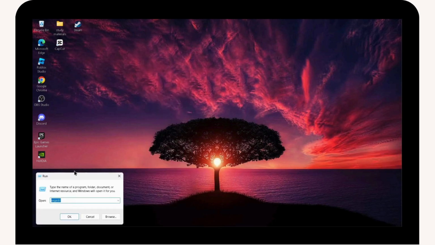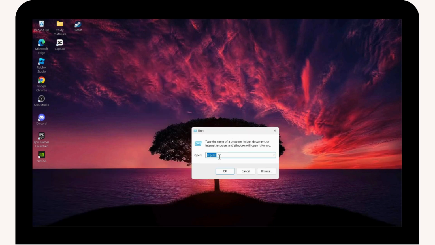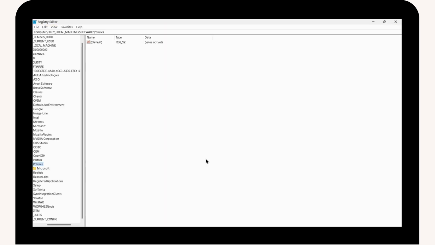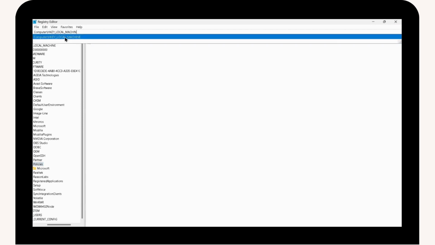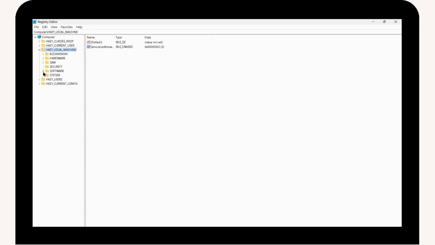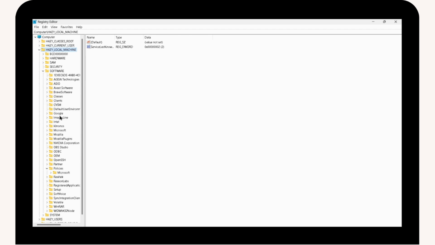Open your Run application, and once you open it, here you need to enter REGEDIT, which is Regedit, and then click on OK and click on Yes. And from here you need to go for HKEY_LOCAL_MACHINE, and once you choose that option you need to simply go for SECURITY and then simply go for SOFTWARE, and under your software you can simply scroll down